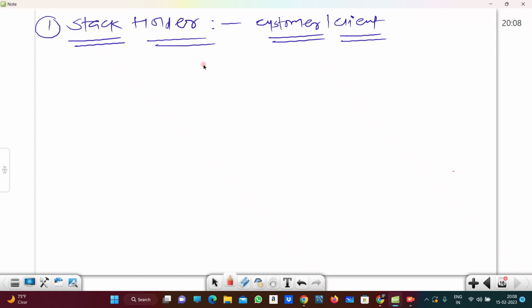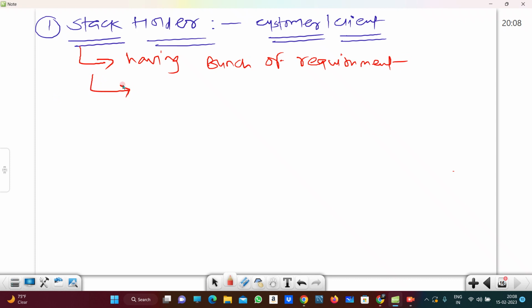So the stakeholder has a bunch of requirements, and the stakeholder is nothing but the customer or client, and it is also the topmost member of the body in the agile process,